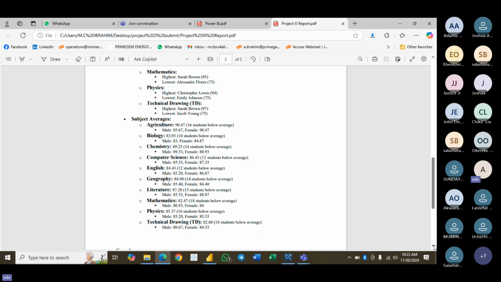In English, we had an average of 8.43. The female students performed better, with 12 students performing below average. In geography, 84.90, 14 students performed below average, with the female students performing below the average score. In literature, the female performed above the average, with 5 students performing below average. 84.90 is the average there. In mathematics, we have 82.47 as the average. 18 students performed below average,